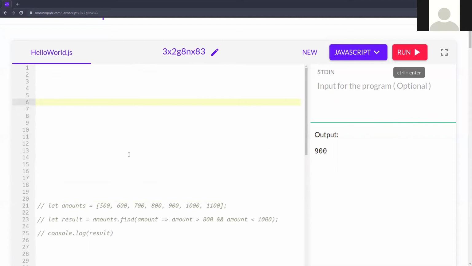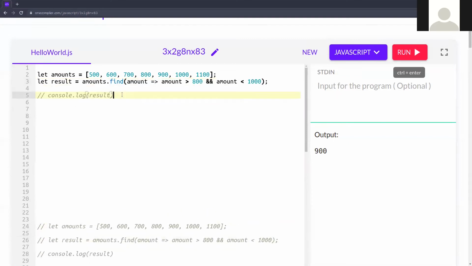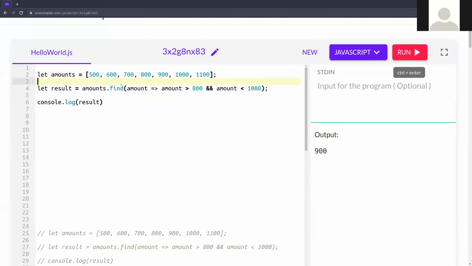Next is the find index. In the same way, if you want to find the index of the amount, meaning the value, you can also find the index. Just copy this thing. Now I'm giving here findIndex.